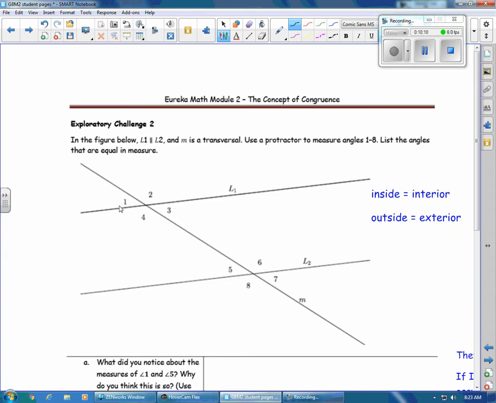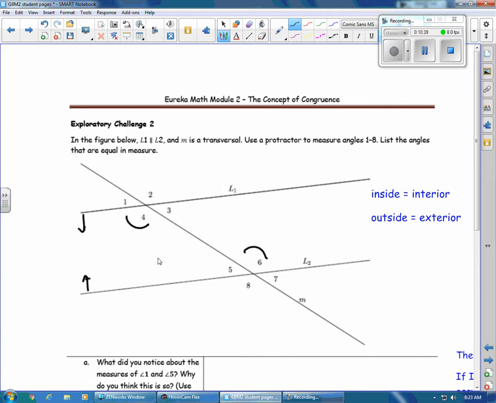The sets of angle relationships that I want you to understand is, if we have angle 4 and angle 6, we're going to say they're the same, right? Those are inside the parallel lines, and angle 4 and angle 6 are on opposite sides of the transversal. So I would say angle 4 and angle 6 are alternate because they're on opposite sides of the transversal, interior